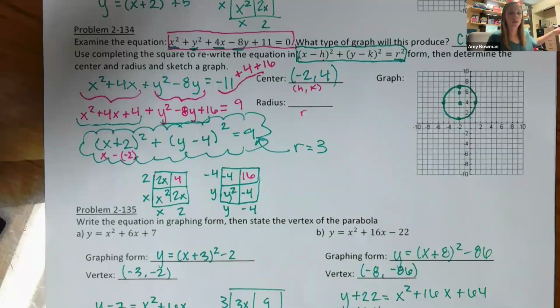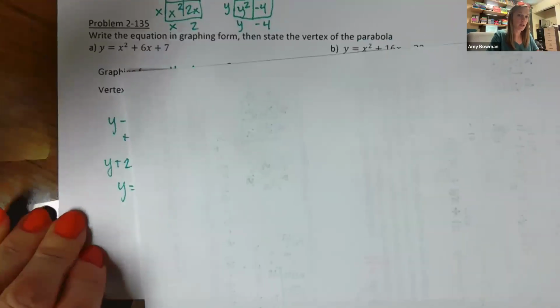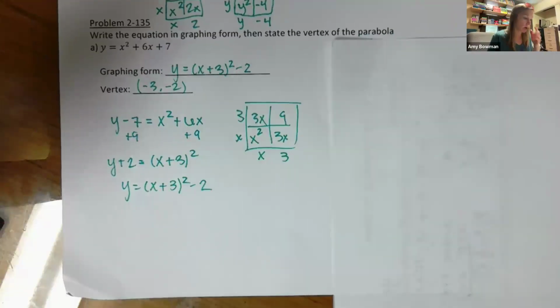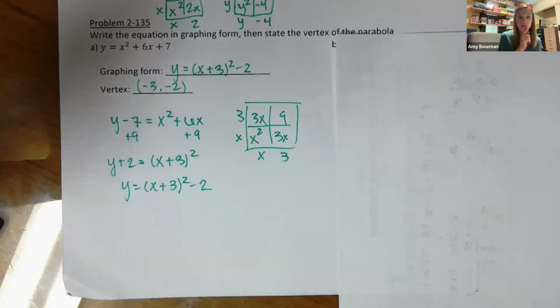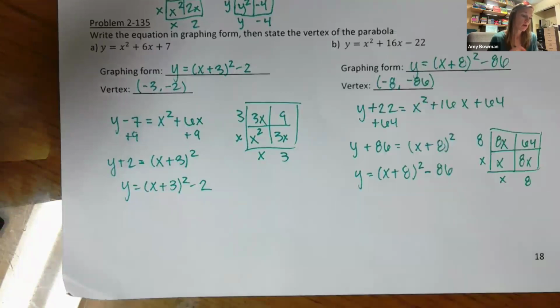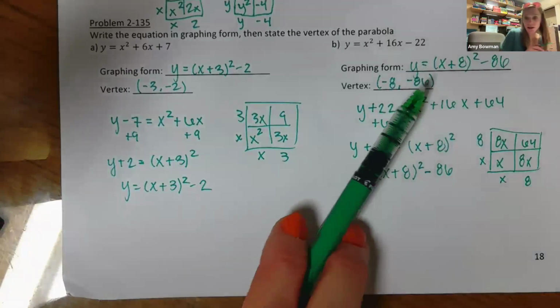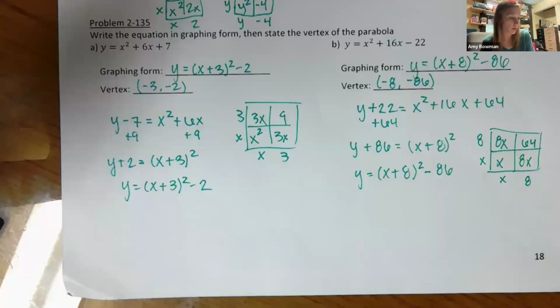Okay, so hopefully you have worked through these bottom 2 on this page, and I'll talk through them really quick. So here is the part A. This is the solution you should have gotten, y equals x plus 3 squared minus 2. So if you need to pause it, check your work right now, make any corrections you need to. And then on part B, you end up with this equation here. Again, you can pause the video, check your work, find where you messed up if you didn't get the same thing. And then on the next page,